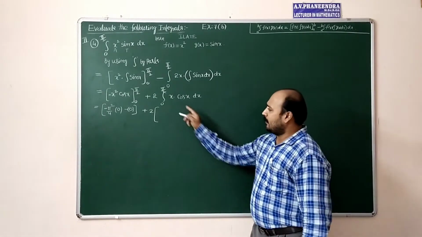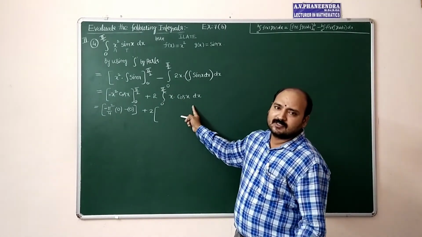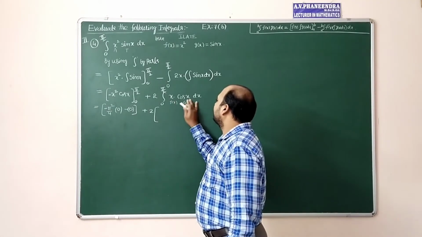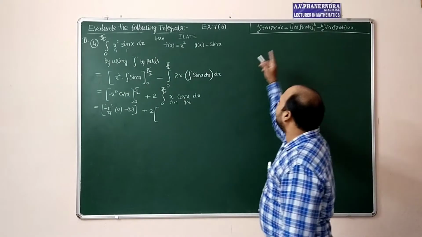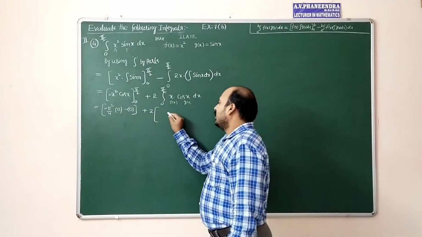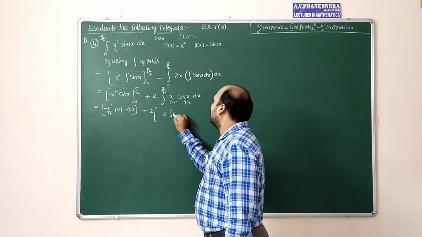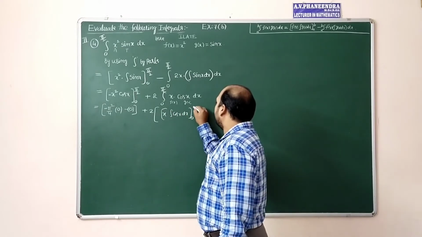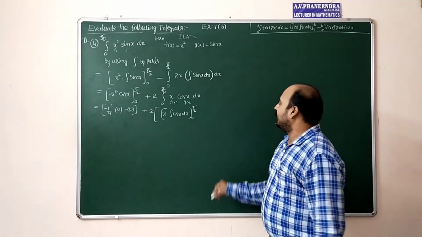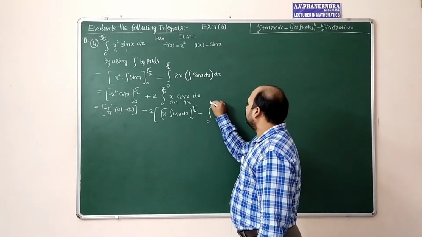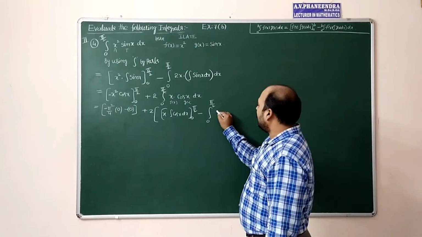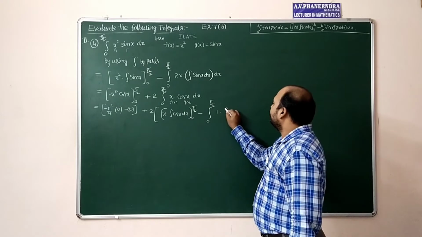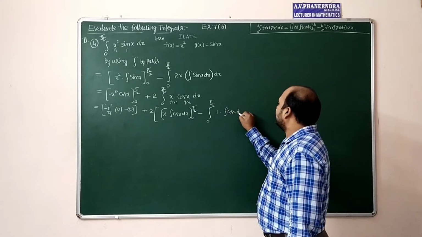Again among these two, x is algebraic, cos x is trigonometric. This is the first function, this is the second function. F of x, g of x. Again applying integration by parts for this. F of x into integral cos x dx, applying the limits 0 to pi by 2, minus integral 0 to pi by 2 into f dash of x, x derivative is 1, into integral cos x dx whole dx,